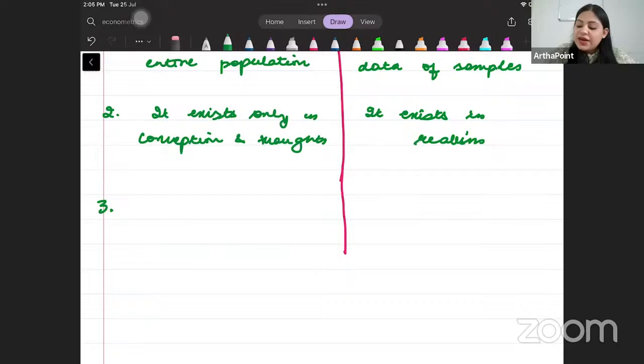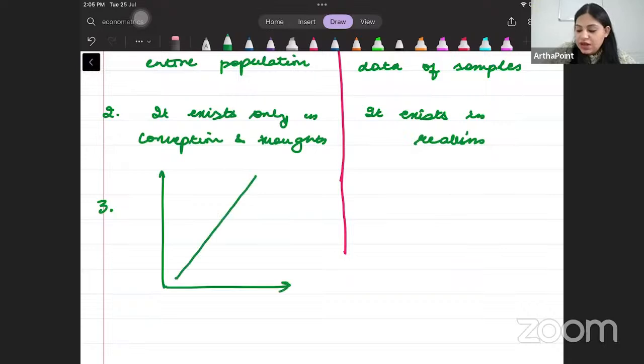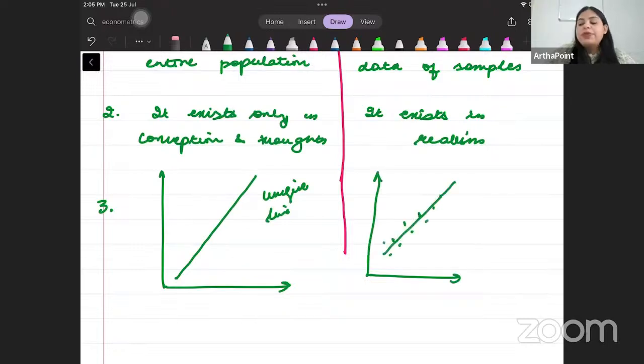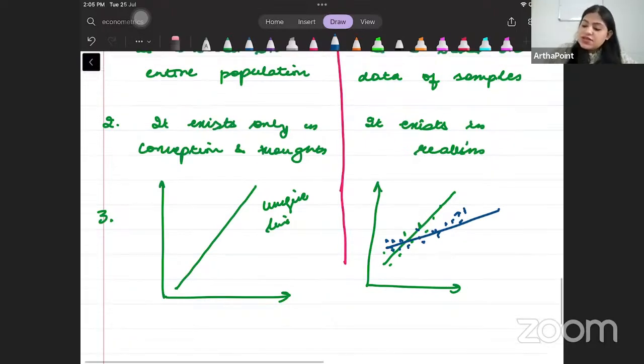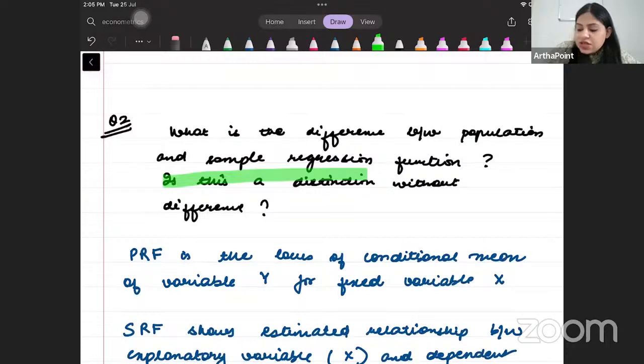So the PRF, because it is from the entire data, will be a unique line. But as you vary the sample, suppose this is the sample that you collected, so this is the sample regression function. But if you vary the sample, suppose this is the sample you collected, then this will be the sample regression function. Are you getting it? So as you vary the sample, the SRF line will vary, but the PRF line can only be one. So these are the differences. Now the question is asking, is this a distinction